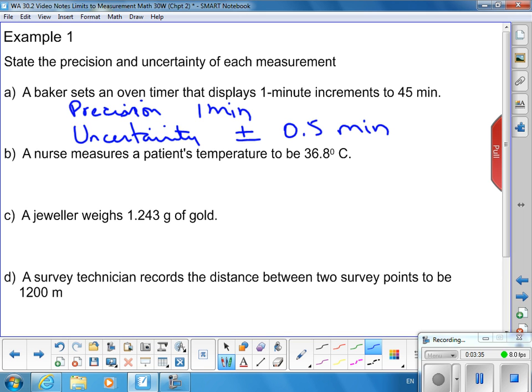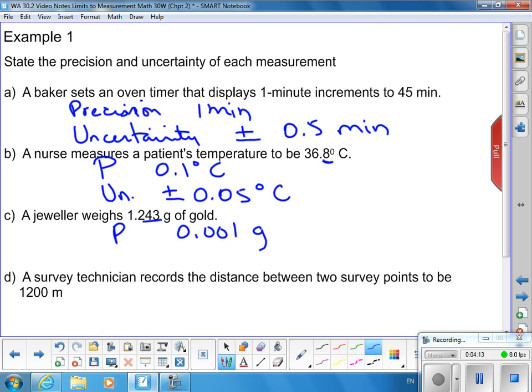A nurse measures a patient's temperature to be 36.8. Because you are in tenths of degrees, the precision is 0.1 degree. The uncertainty is half of that, so plus or minus 0.05 degrees Celsius. A jeweler weighs gold at 1.243 grams. So you're down to the thousandths. So the precision is 0.001, so 1/1000th of a gram. The uncertainty is half of that, plus or minus